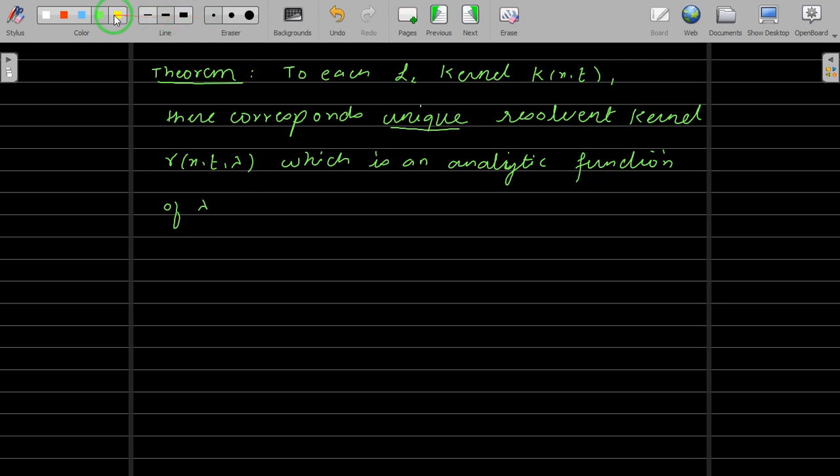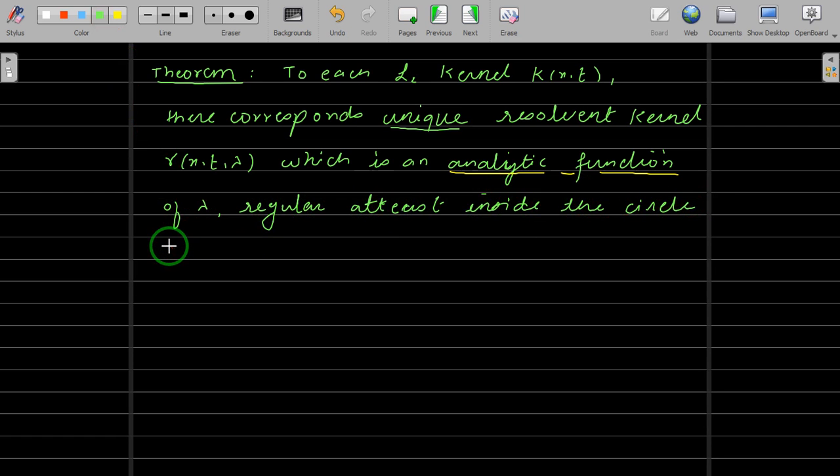X we don't know. Then there is something called regular: regular at least inside the circle, where we have that mod of lambda times b is less than 1. So mod of lambda is less than 1 by b,